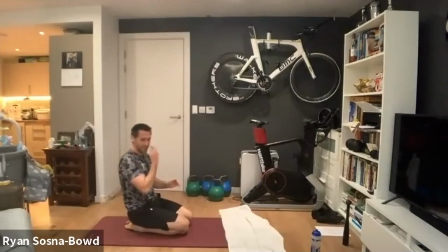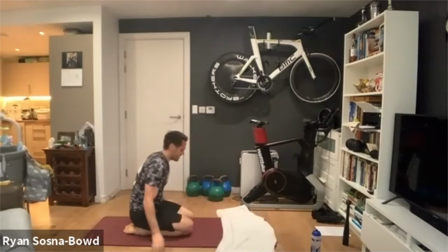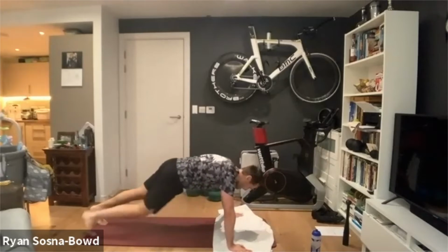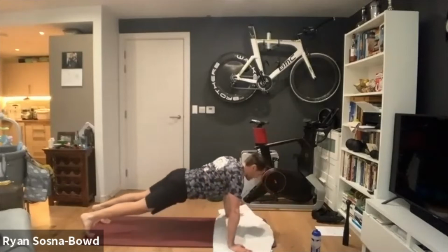Okay, so last set of these press-ups. Don't worry if you hit failure. That's what we're trying to do with this one. And away we go. So take your time, challenge yourself. 1,